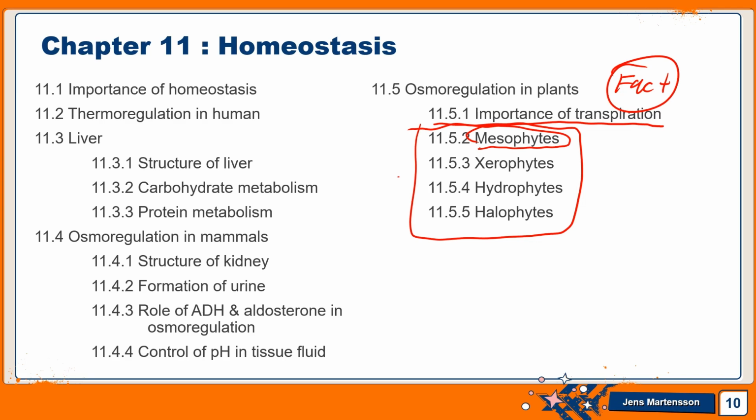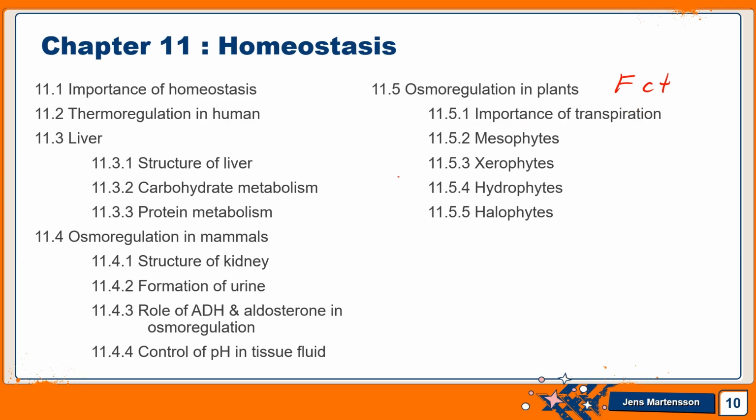Mesophyte: what environment will the plant grow in? Xerophyte: which environment makes the plant grow as a xerophyte? You have to know. Mesophyte, xerophyte, halophyte are classifications of plants. So you have to know that environment and the morphological characteristics in the plant that let the plant survive